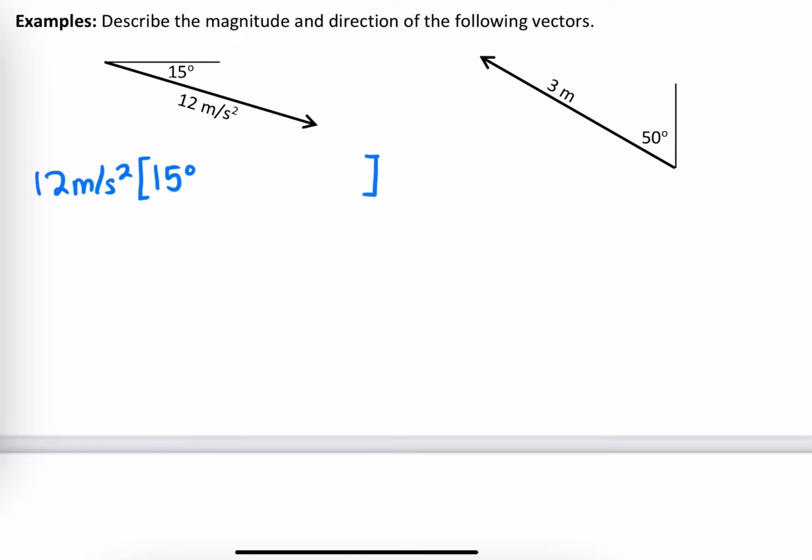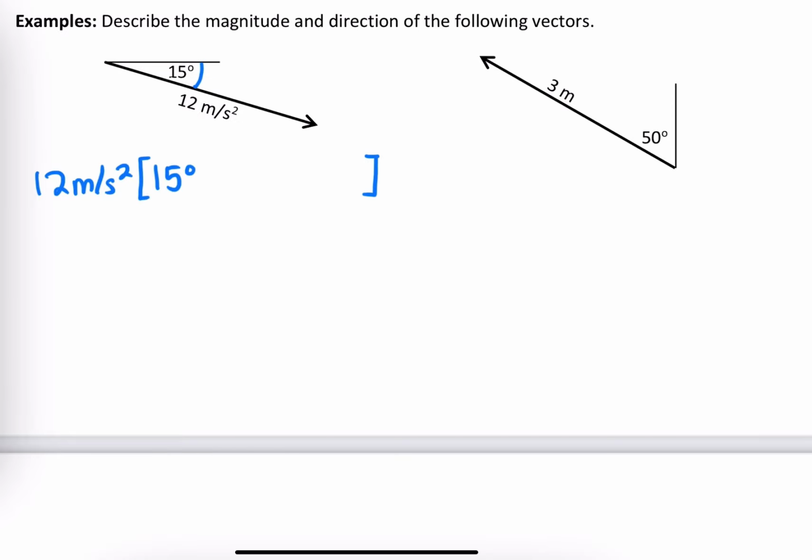But specifically, this 15 degrees compares my vector to what? It compares my vector to this line right here. And that line is a horizontal line. So the way I can be a bit more specific about the direction of my vector